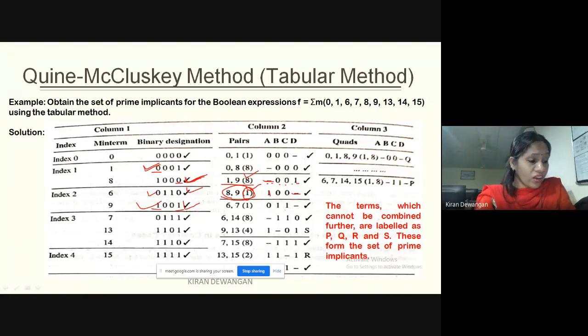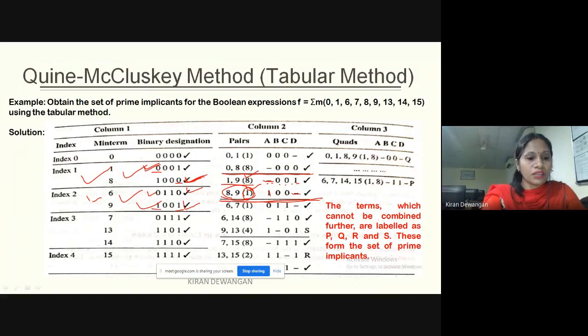We need to go according to the procedure. ये सब कुछ करना जरूरी है. We cannot skip any of the steps here. ठीक है? So the binary designation is 1 0 0 dash. ठीक है? So here we are done by checking index 1 and index 2. Again we'll put a line over here. ये भी आपका complete है. After checking index 0 and 1, यहाँ पर हमने एक line कर दिया था. After checking the terms of index 1 and 2, we'll put a line over here. ठीक है? तो जैसे ही आपका index 1 और 2 complete हो रहा है, तो एक line complete करना है कि आपका वो check हो गया.